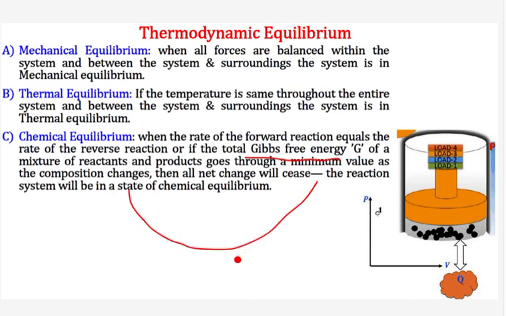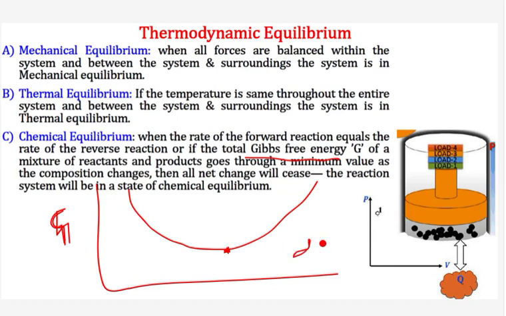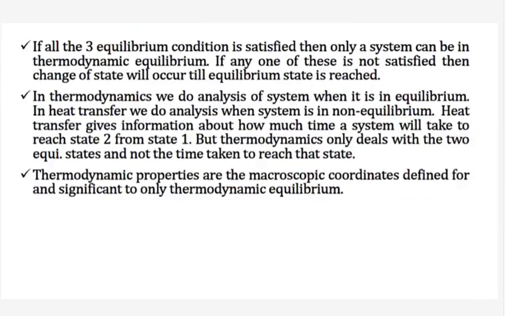It will be something like this. Here we'll have a minimum, with Gibbs energy on the y-axis. We have a minimum Gibbs energy, and at the point of minima the change in Gibbs energy is zero. No change, the slope will be zero. So the change in Gibbs energy will be zero.